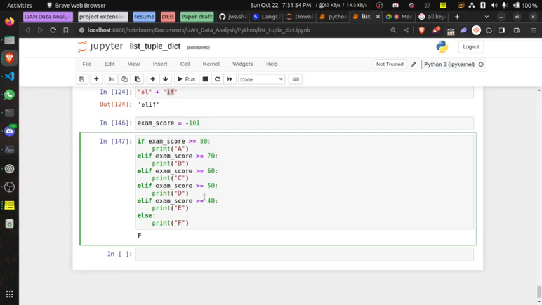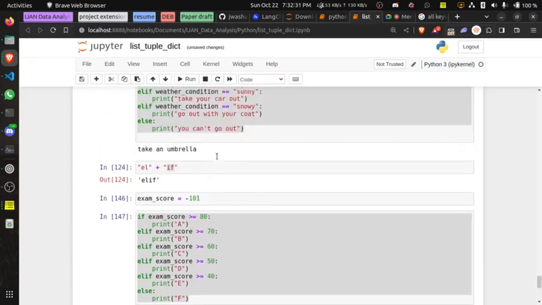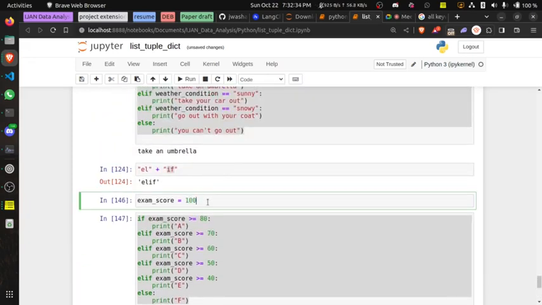Yeah, nice one. I think I've gotten the solution already. What we have to do is just add an extra condition to keep it bounded. So this time around, we'll add an extra statement that says and. Let me just copy this and come here. So I can now add and if the exam score is less than or equals to 100. Now if I just run this and change my input to 101.